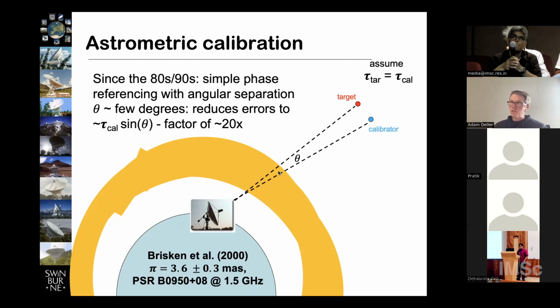We don't have that problem as much at centimeter wavelengths, because the coherence times are quite long and the number of bright sources is quite high, and the system temperature of the receivers is reasonably flat. I guess the background's starting to rise a bit as you go to very low frequency, just because of the synchrotron background. But we're in a bit of a less hostile regime, I guess.